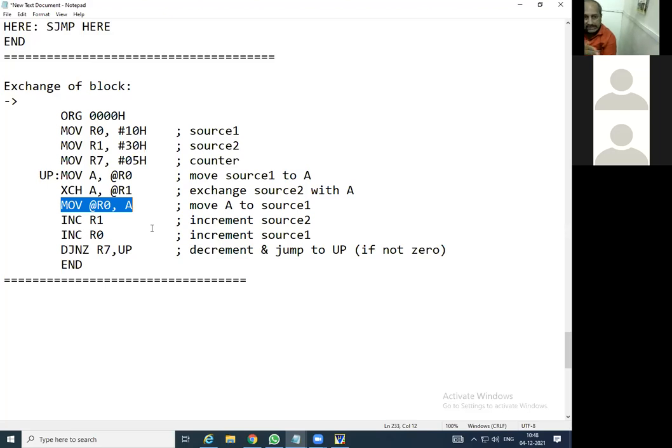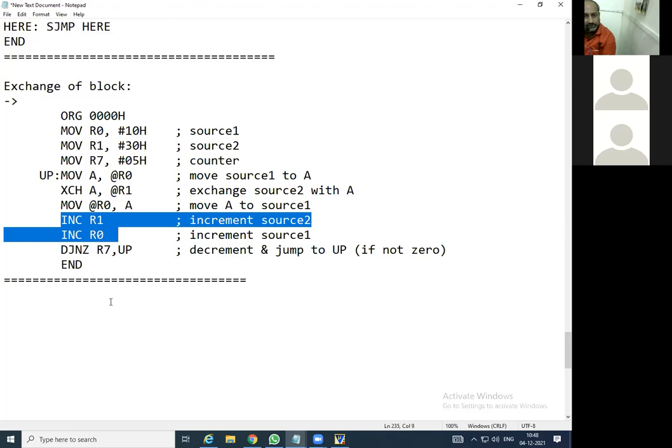Sorry, source 1 means the R0 register here. And after that, the same instruction as we saw in the last practical, that is INC R1 and INC R0; the locations are going to be increased by 1, so as to exchange the next data.